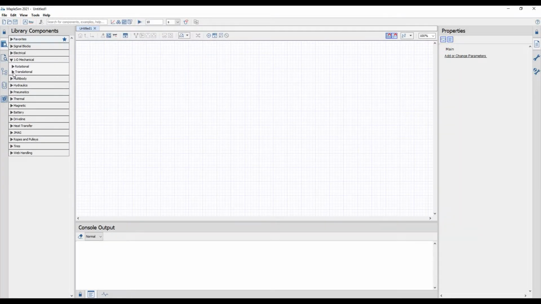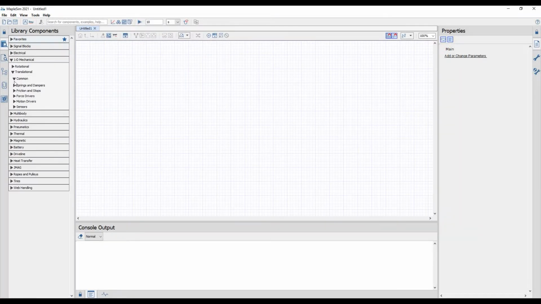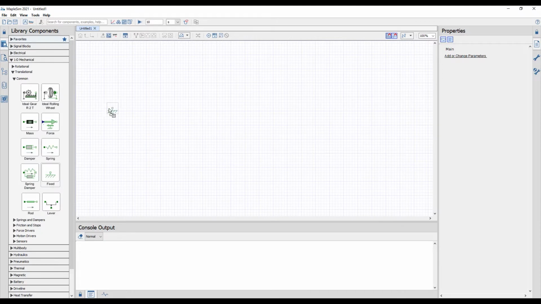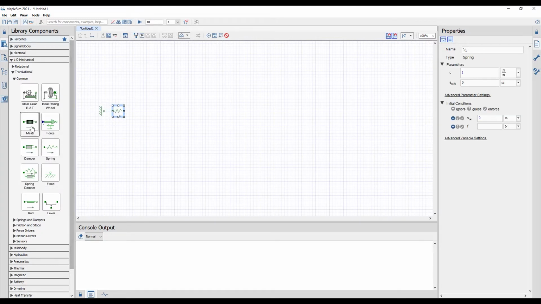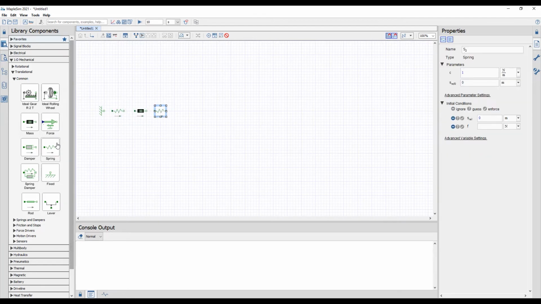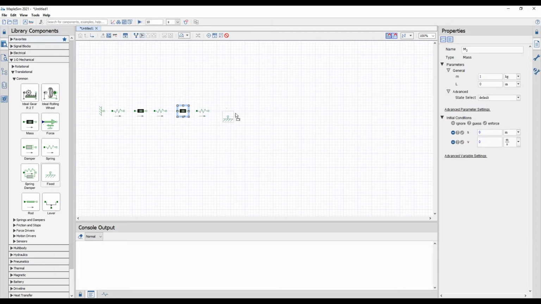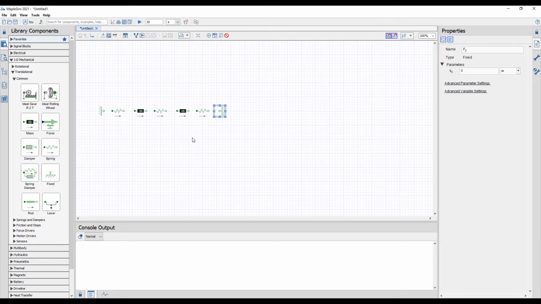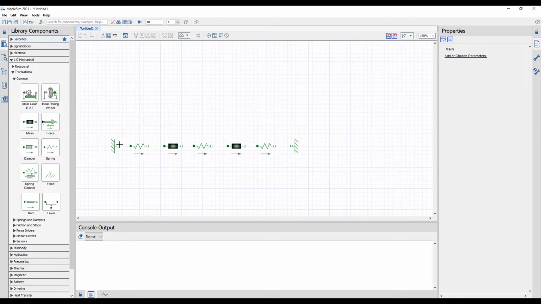Everyone, in this video I'm going to use the 1D mechanical translational library to build a system. I'll bring in the components that I need, and my goal here is to model what would typically be seen as a 2-cart, 3-spring system where you have fixed ends and you want to analyze the system to get the natural frequencies. So I'll bring in all the components that I need, connect everything together, and then what I'm going